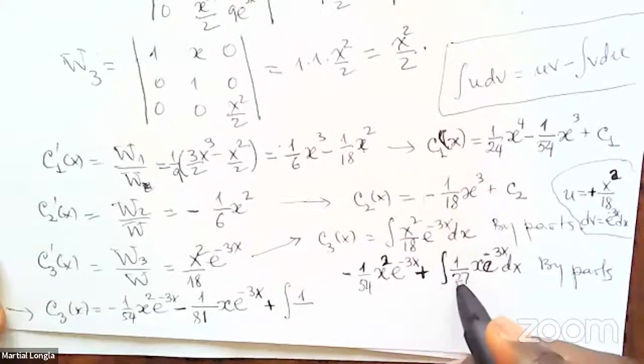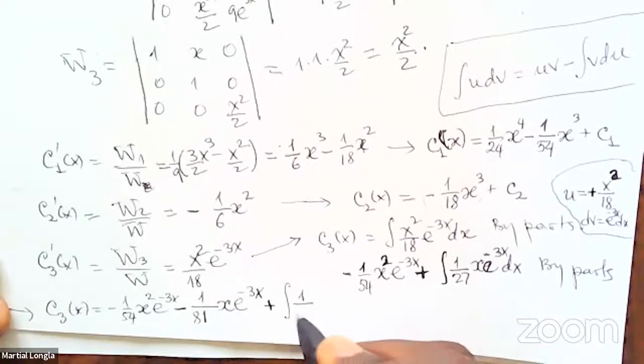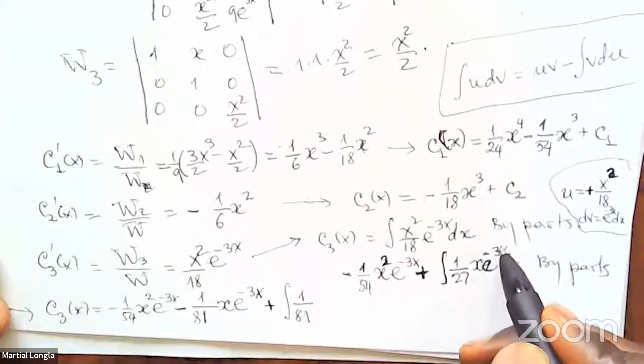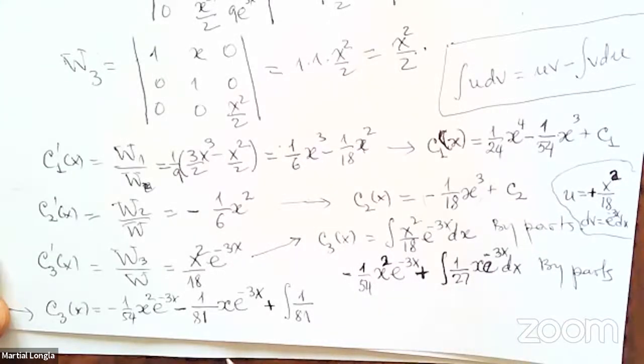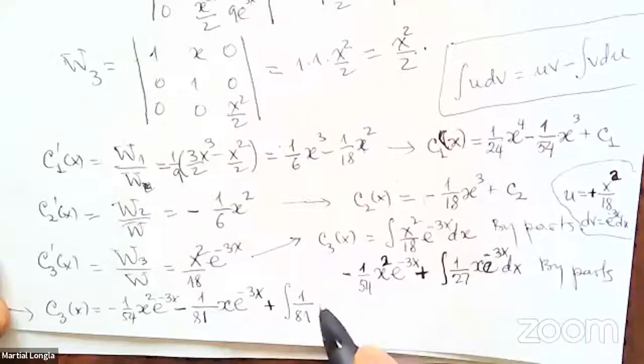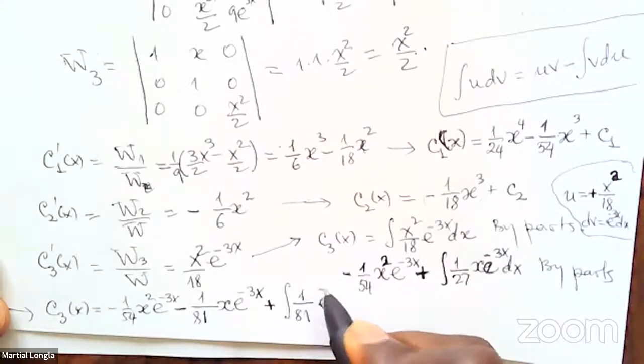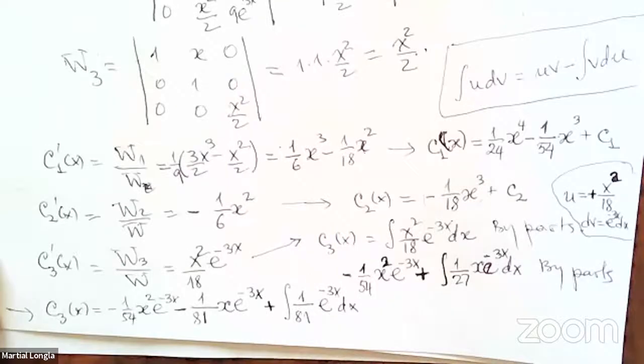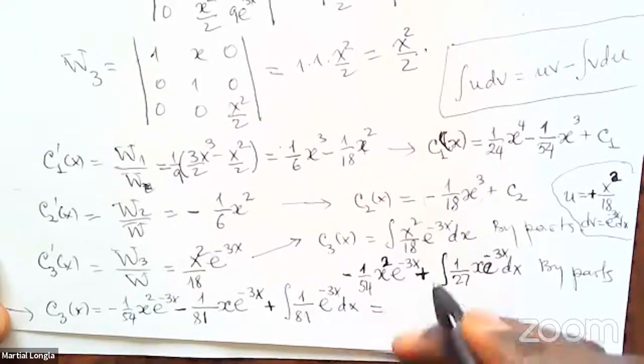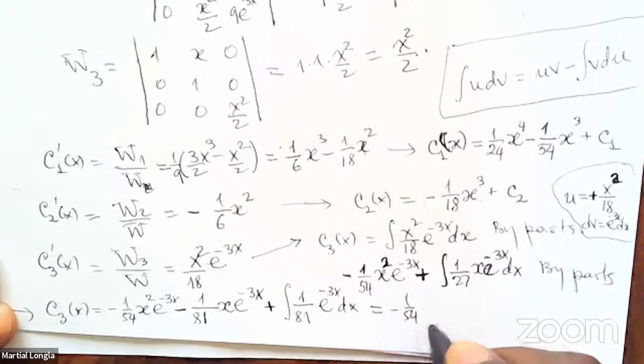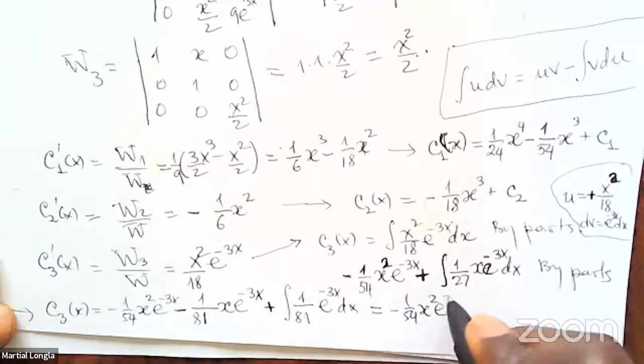Mm-hmm. Because that is 27 and then 1/3, yep, as it does to 1/27, then 1/3 from here, right? And then times e to the negative 3x. And now this is a simple integral. You integrate this as well. So you get negative 1/54 x squared e to the